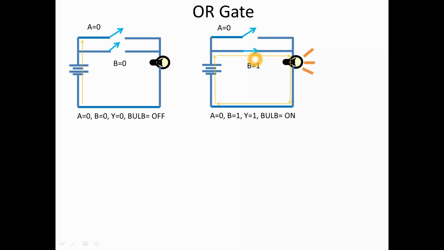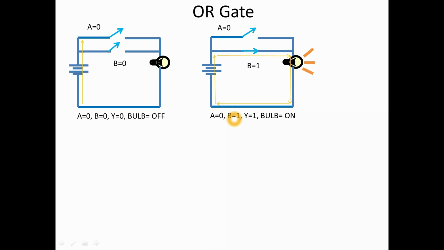The working of the IC can be explained by using this equivalent switching circuit. Here the inputs are replaced with switches, A and B, 2 inputs. When A is equal to 0 and B is equal to 0, both switches are in open state, off state, so the output equals 0 and the bulb is off. When A is equal to 0 and B is equal to 1, one switch is open and the other is closed. When the switch is closed, there is a path for the current to flow to the bulb. Hence, the bulb is on, so the output equals 1.